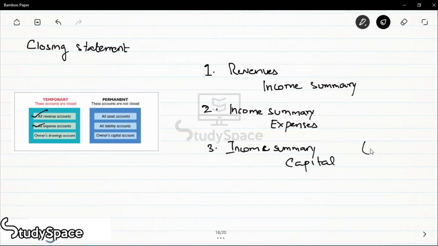This is the scenario when there is a profit. In case of a loss, the entry would be reversed by crediting the income summary and debiting the capital account,